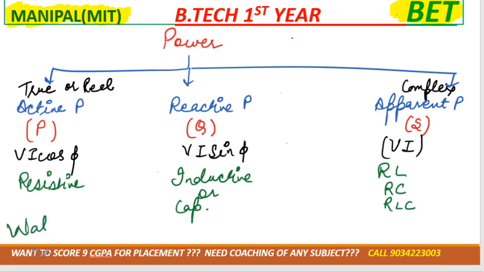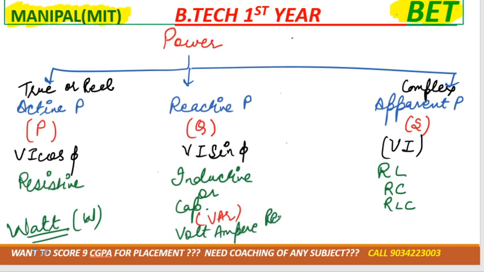Active power standard unit is watt, that is represented by W. Reactive power's unit is VAR. VAR stands for volt ampere reactive, and complex power's unit is VA. Here VA stands for volt ampere. Okay,